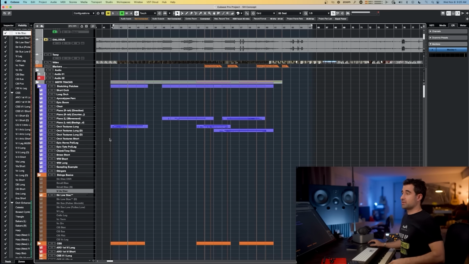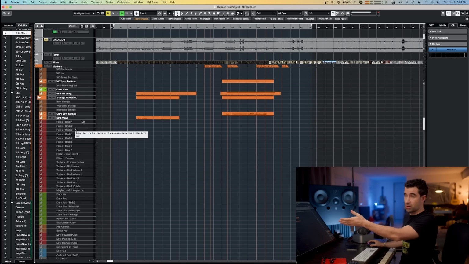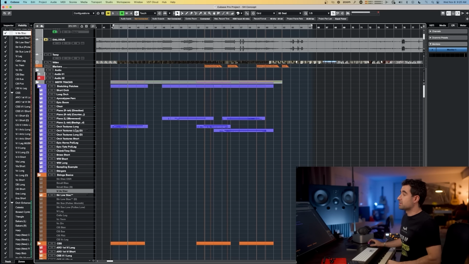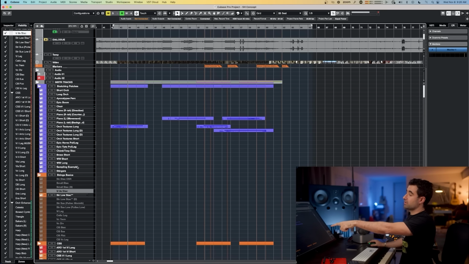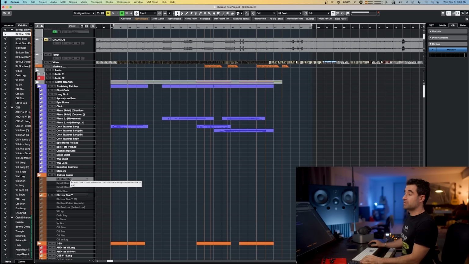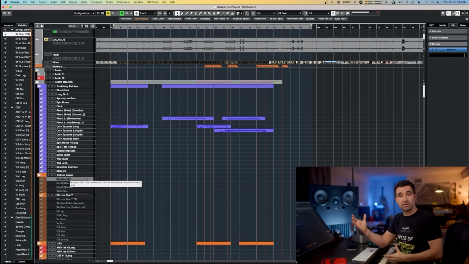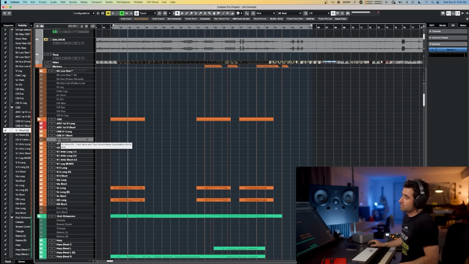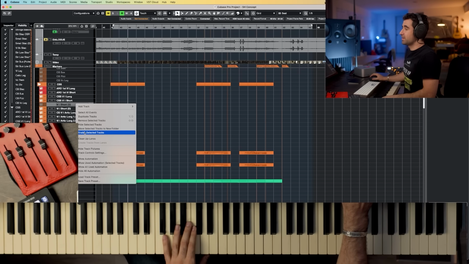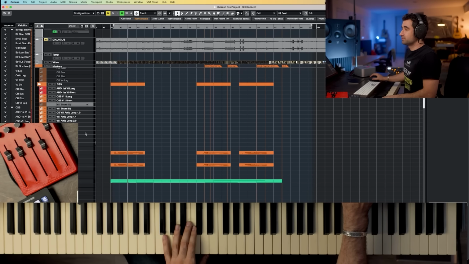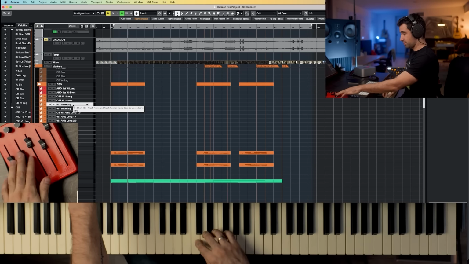In order to achieve this and have so many tracks already loaded in a template like this, we have to use the disable/enable method. What this means is that you see there are some tracks that are grayed out. This is because these tracks are not loaded. They are ready, but they are not loaded into RAM. So for example, this track here, Violins 1 short notes, it's not active. If I hit play, nothing happens. Now if I click here and select enable selected track, it'll load this track, as you can see, and now